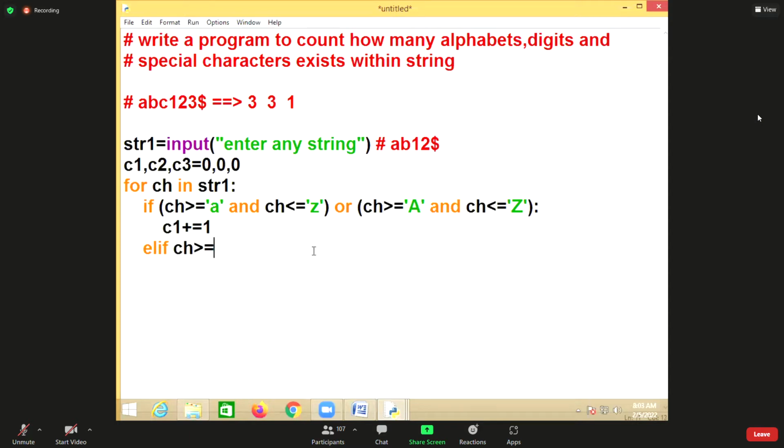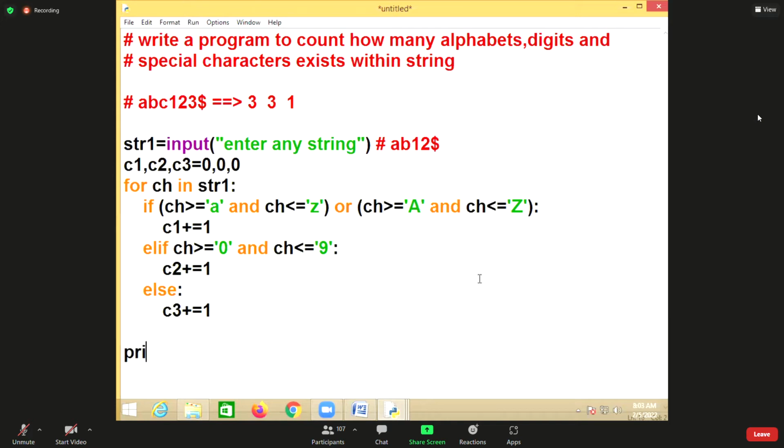Else if character is greater than or equal to 0 and character is less than or equal to 9, then count2 plus equal to 1. If it is not an alphabet and not a digit, then it is a special character, so in else you don't need to check any condition.